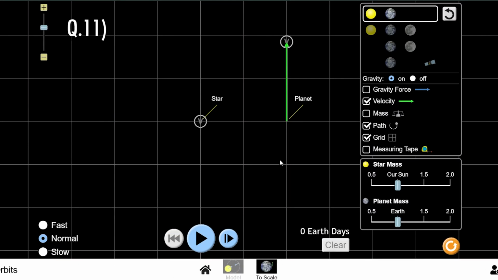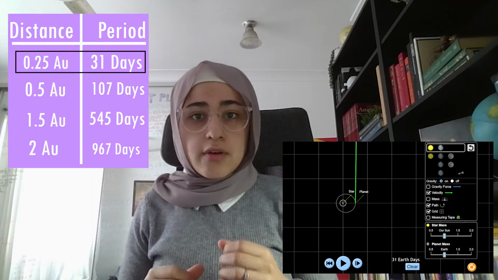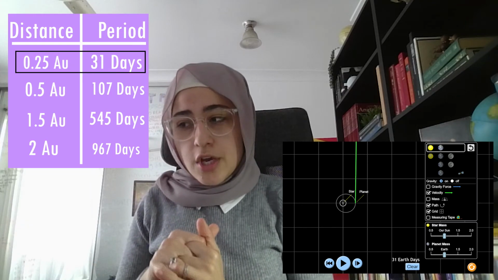Now we've got the star and the planet back up, but now it's to scale. This is the Earth and the sun. The distance from here to here is 1 AU, so the distance from the star to this marking here would be half an AU. We moved the planet to a few different distances to see what the effect might be. When we made the distance 1/4 of what it was originally, so 1/4 AU, we found